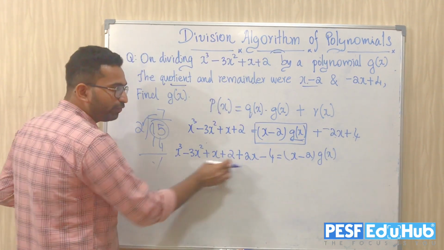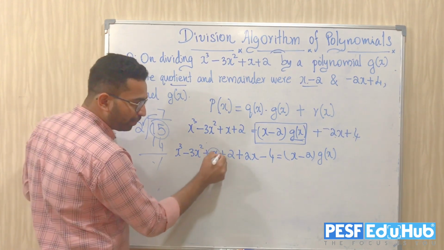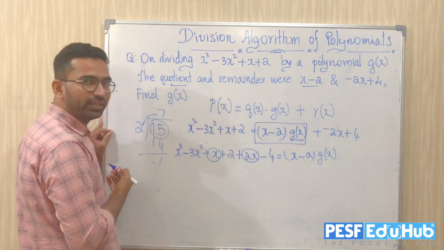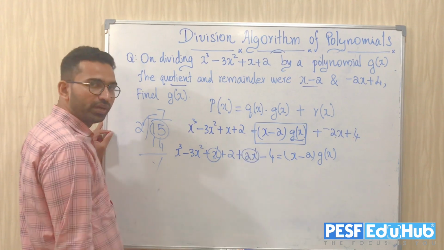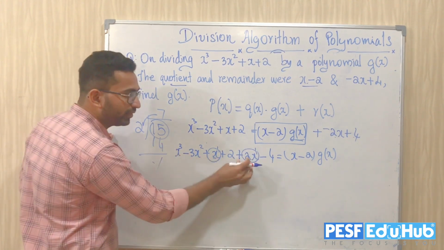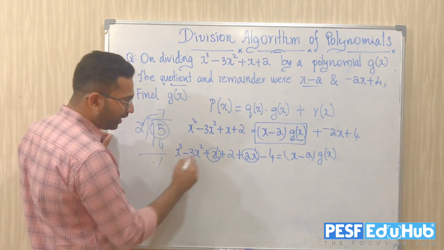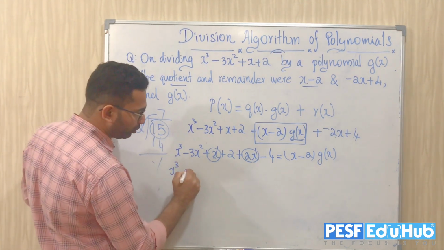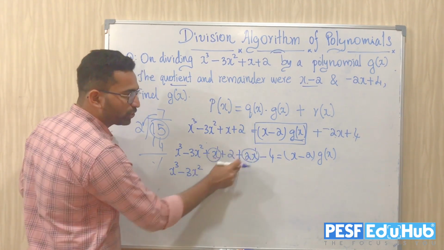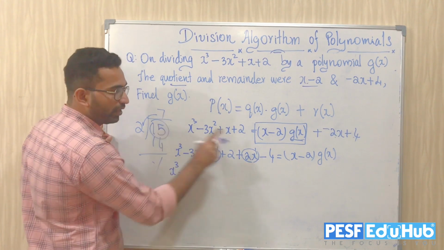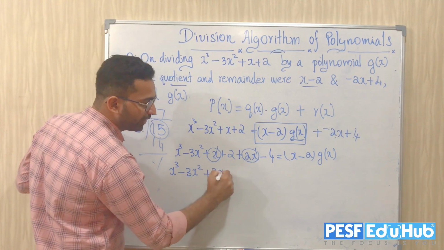If you have any like terms, you have to simplify now. Is there any like term? Yes, plus x and plus 2x are like terms, because x is the variable and the exponent is 1 in both. Don't think that x cube or x square are like terms with them. So x cube is x cube only, minus 3x square, there is nothing to combine with them. So plus x plus 2x: the coefficient here is 1 and here 2, so 1 plus 2 is 3. So 3x will be the answer here.